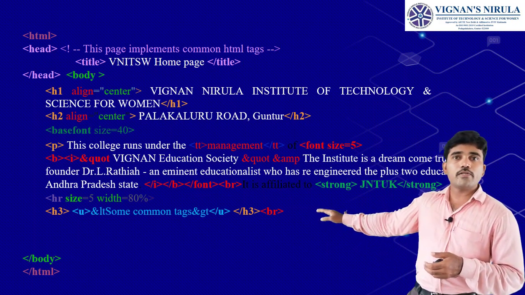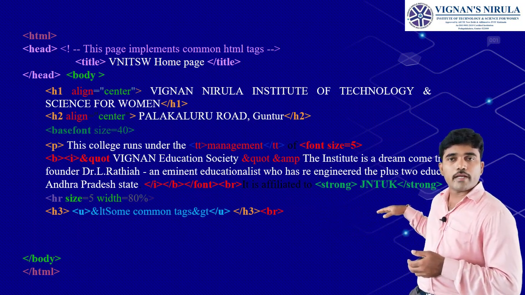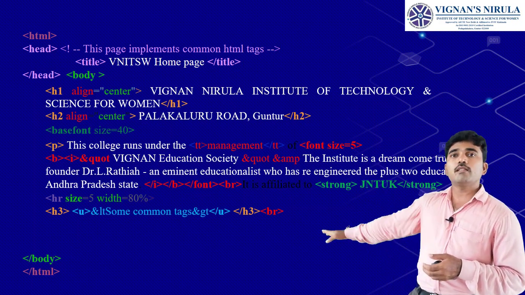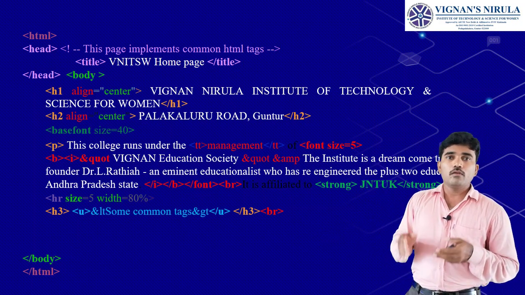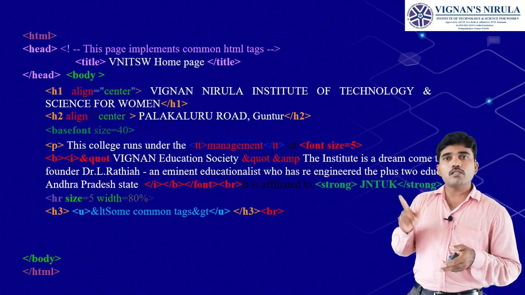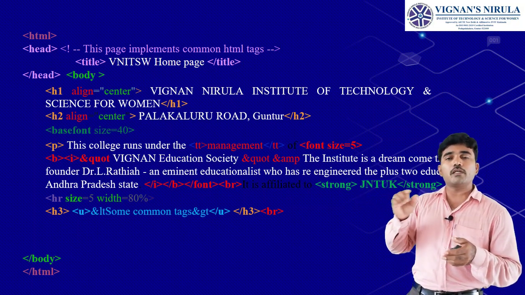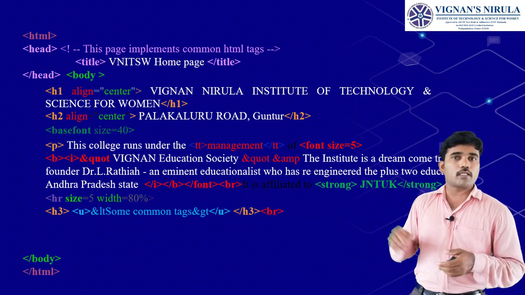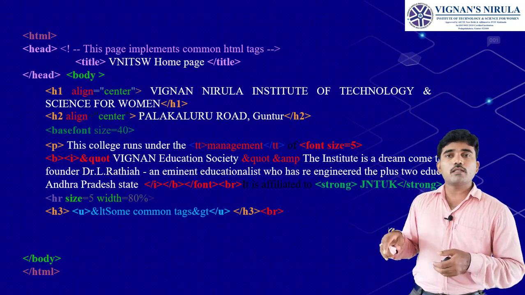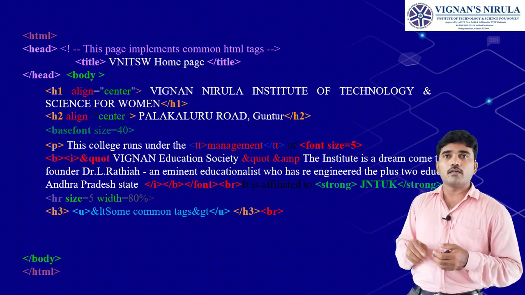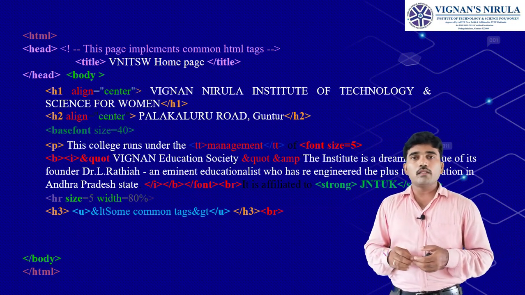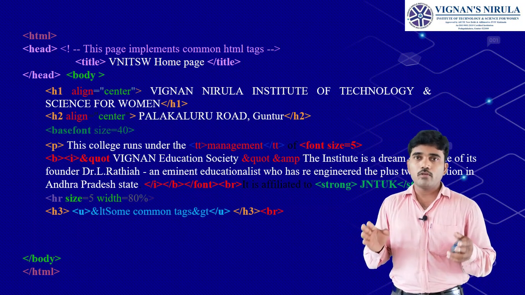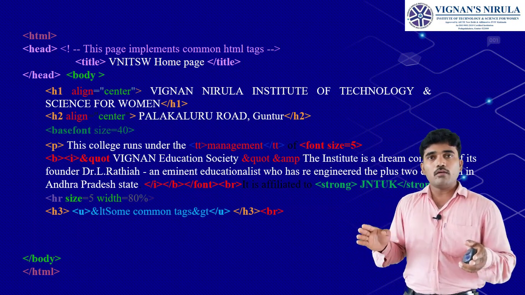It places a horizontal row across the line based on the specified size, followed by H3. After the H3, U is also mentioned, which means everything that follows should appear with an underline effect. Some common HTML tags I have used are preceded by &LT and &GT. In HTML, everything preceded by a left angle bracket and followed by a right angle bracket can be considered a tag. Understood?